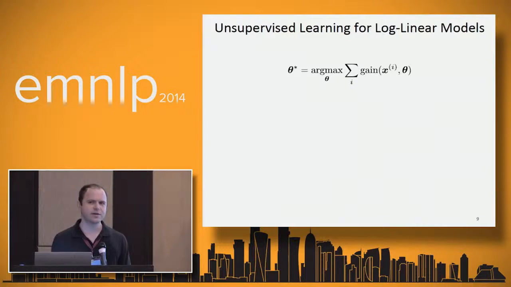We're going to consider unsupervised learning algorithms that take this form, where we're trying to maximize a gain function that sums over a set of observations xi. Certainly not all unsupervised learning algorithms can be written in this way, namely Bayesian methods are often trying to do something different, but EM and CE can. So we're just going to consider different gain functions that fit into this learning framework.